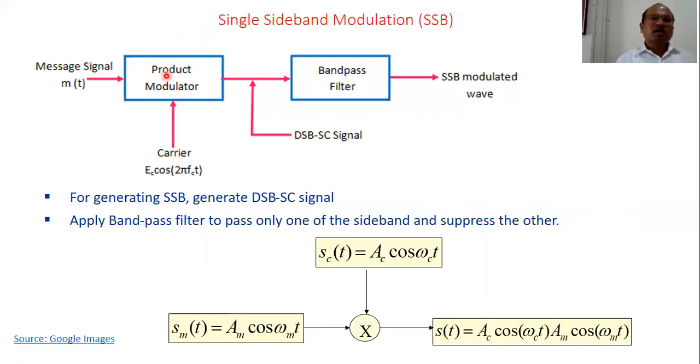will multiply the two signals which are coming. One is message signal and second is carrier signal. And these signals will be multiplied, and the product actually produces DSB-SC signal. When we multiply the two signals, as we have studied in previous lectures, we receive two components. One is at omega C plus omega m, and another one is at omega C minus omega m. Those are called upper sideband and lower sideband respectively.